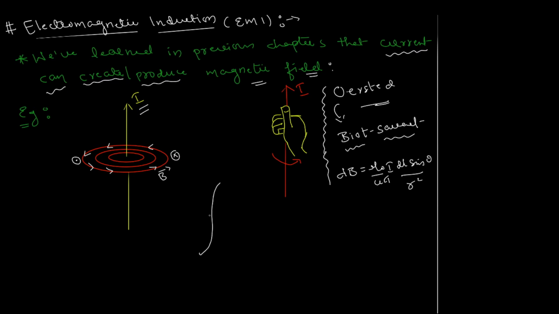In fact, while describing Biot-Savart's law, we used a wire of random shape. This was dl and whatnot, right? This distance was r, and the angle between the dl vector and the r vector was theta, and this leads to that law where the current is I. All right, we're not here to discuss all these things again. The point of this discussion is something like this. And by the way, the diagram that you see here, the one with the red concentric circles, is just one such case where a current can give rise to a magnetic field.